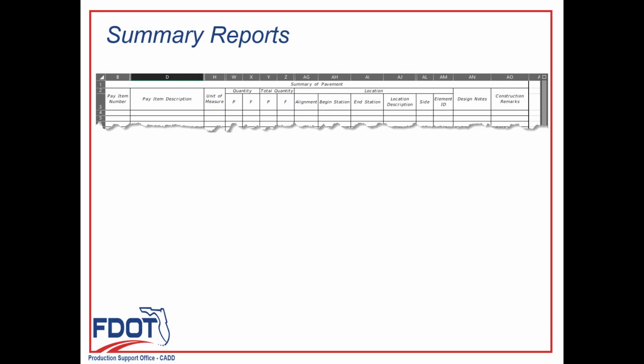The summary reports that work with the quantity tools for FDOT Connect are slightly different than the ones that were delivered in previous software. The old templates from SS4 and SS10 will not work with the new quantity tools. If you'll notice in the image, the column letters across the top aren't sequential. That's because every summary table created by the Quantity Takeoff Manager comes from a master template that has columns for all the available summary reports. The columns that are displayed are the columns that are valid for that particular summary report. All other unused columns are hidden.